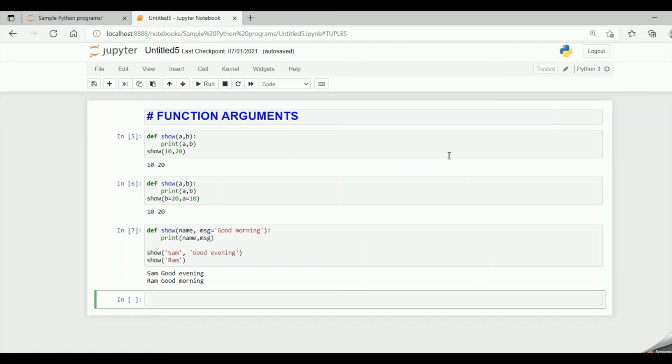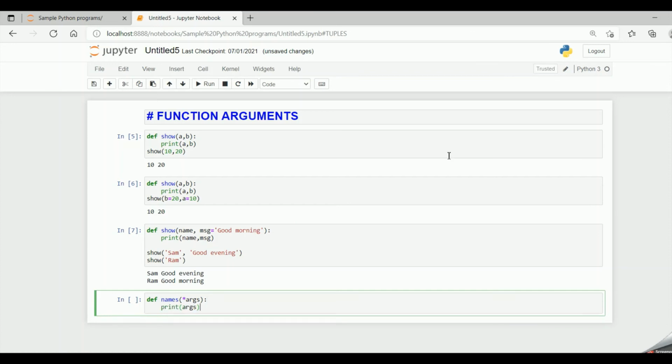Let's see how it works in Python. Names, I give it a star args. In one variable I can take n number of values. Now let me say print args.